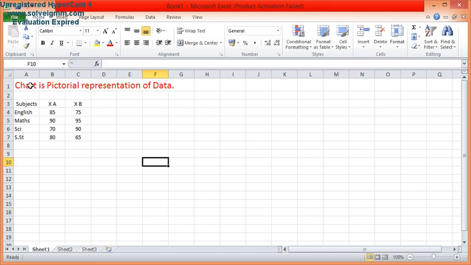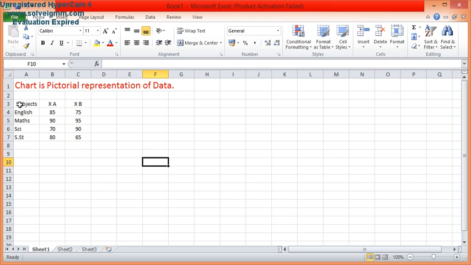A chart is a pictorial representation of data. Pictorial means picturize, that is, how you can show any data in the form of a picture. Suppose I want to show my company's progress, the ups and downs of my company in particular years. So what would I do? I would create a chart. Rather than write it in a textual format, it would be better to create a chart to make others understand that in that particular year the company has that much profit and that much loss. Similarly, it is in the form of a chart.